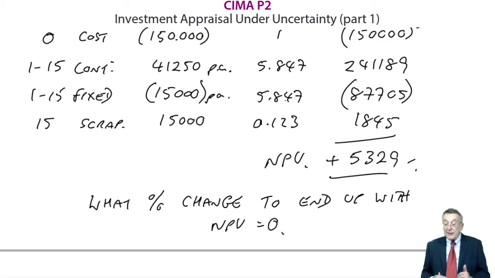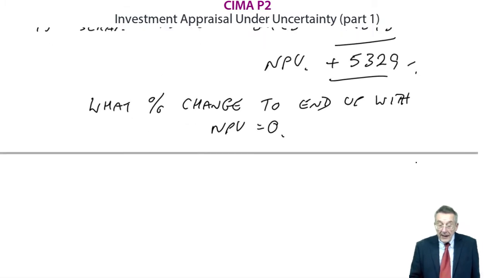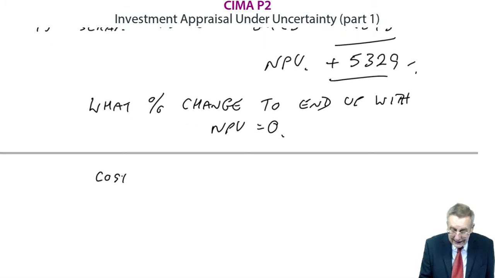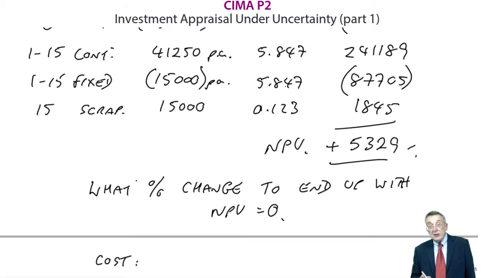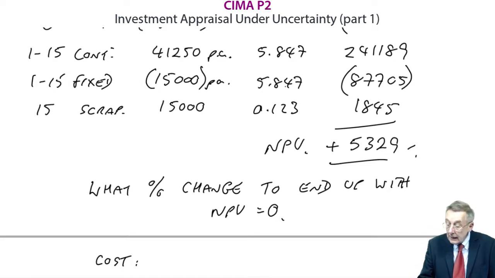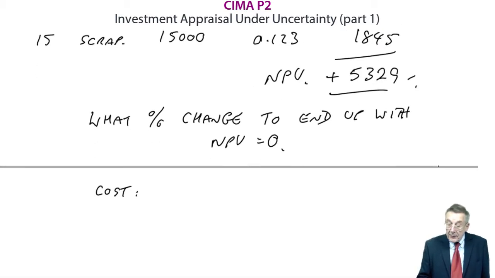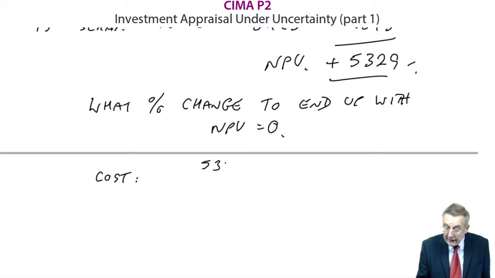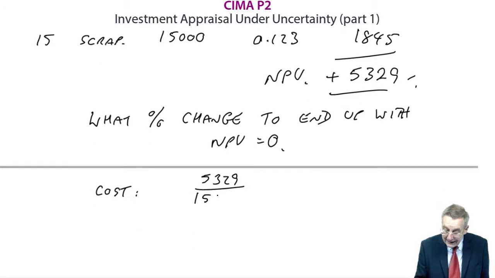And so break even, in a sense, is when the NPV becomes 0. So we say, what percentage change can we afford before we get an NPV of 0? And for the initial cost, we can afford the NPV to change by 5,329 to get to 0. Well, we can afford the cost, therefore, to change by 5,329. In percentage terms, a change of 5,329 on a cost of 150,000